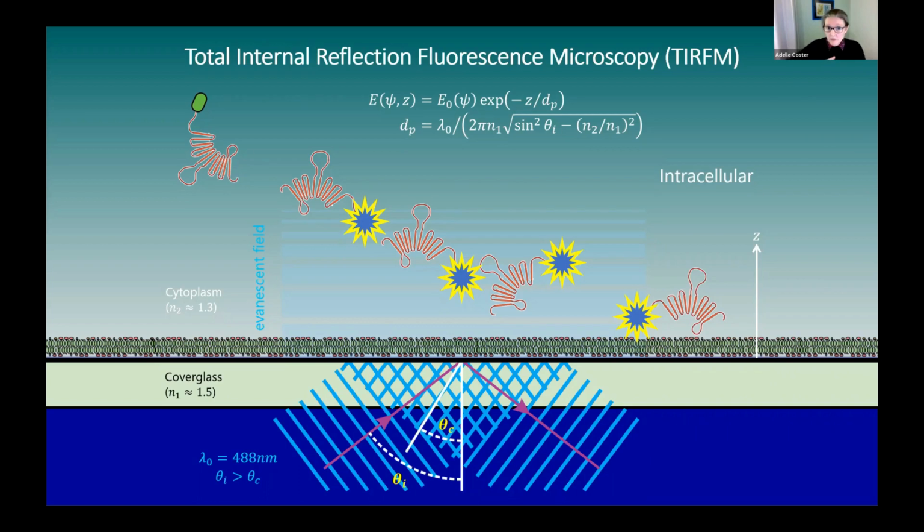Now, if you see about 100 nanometers, the energy in that evanescent wave dropping down exponentially is sufficient to cause the fluorophores to fluoresce. And so what we've got is an experimental system that can tell us when a molecule is in this TIRF zone. In other words, we're within about 100 nanometers of the cell surface. So now we've got a measurement system where we can say, here I can observe the entry of these molecules into this area just inside the cell underneath the plasma membrane.